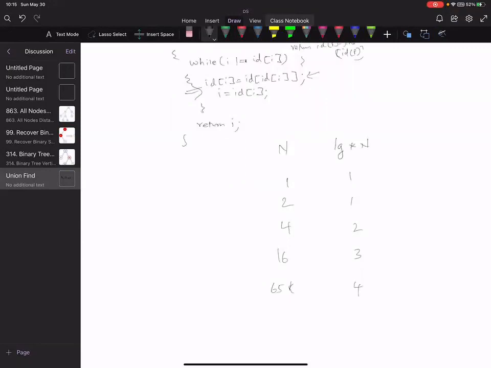So basically it's a log raised to log of n, something like that. And for 2 raised to 65k it will be 5. So the depth of the tree, for this many elements, will be just 5.